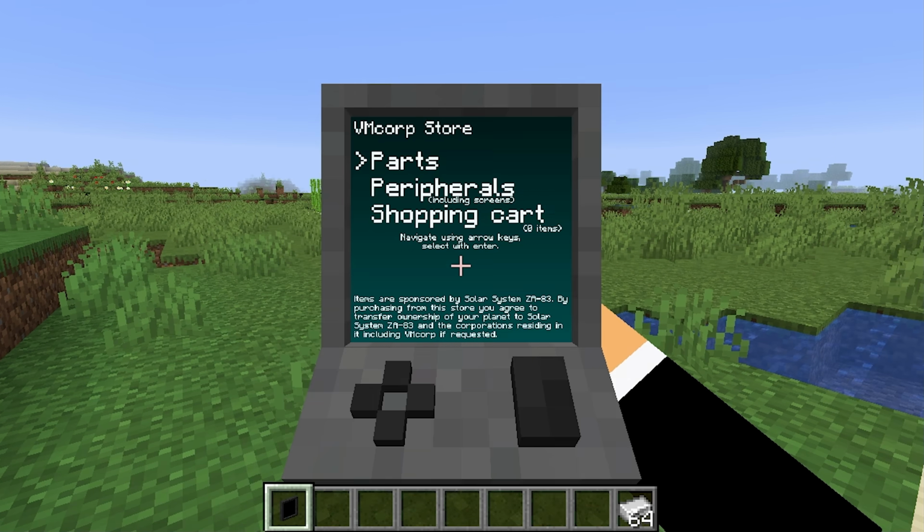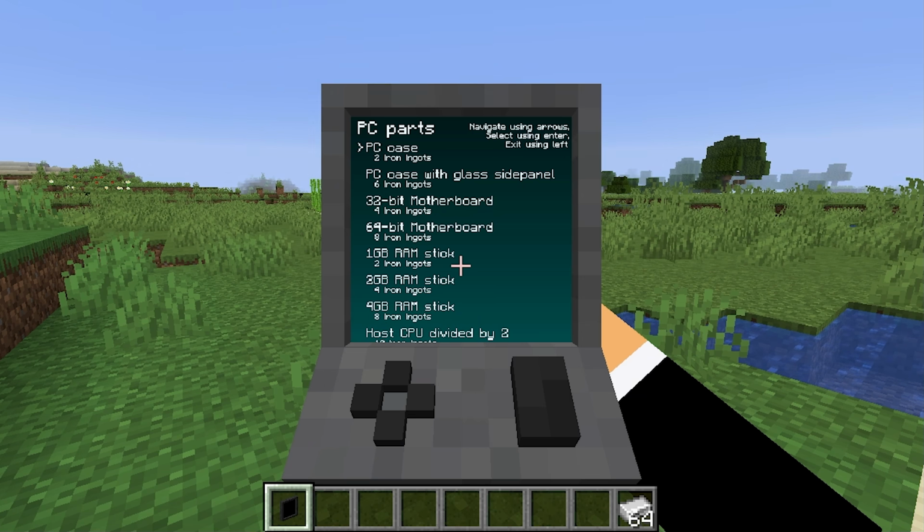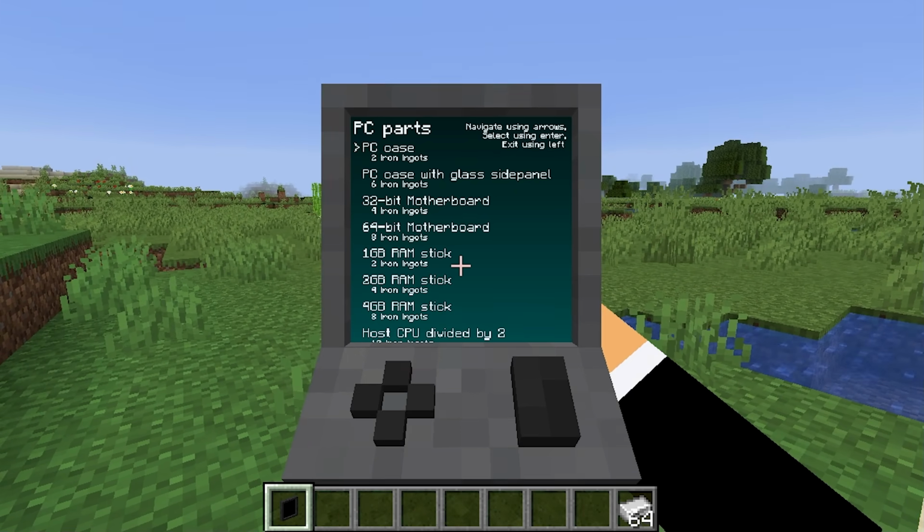and this is the store right here. Now, you don't have to craft any of these parts, but you do have to pay for them with iron ingots. So we're going to go through here. You see I've got a stack of iron ingots in my inventory right there, and we're going to purchase a few items. There are multiple different types of, for example, a regular PC case and then a PC case with a glass side panel that costs 4 iron ingots more. We're going to get that, so you want to just press enter on, oh yeah, you're going to be using the arrow keys, by the way, to navigate through this,